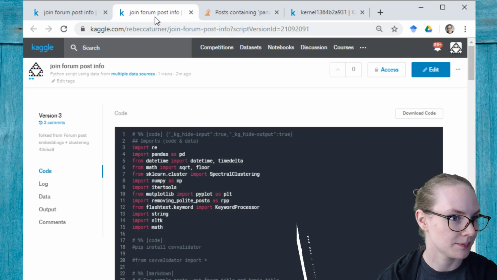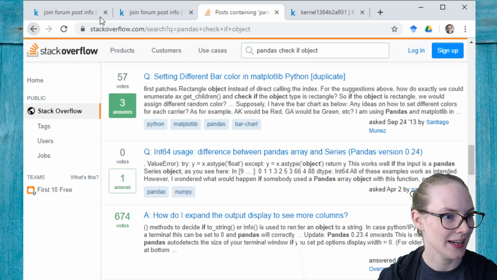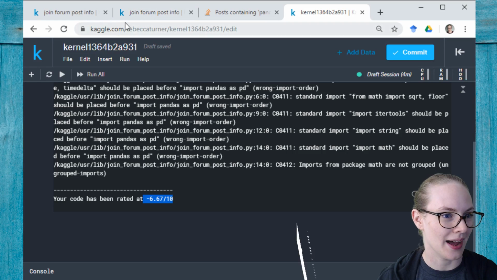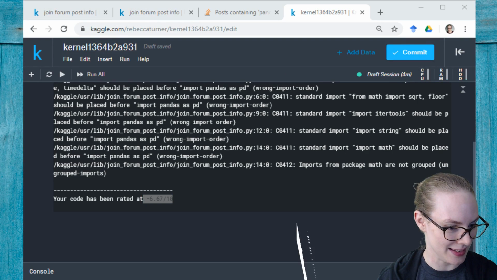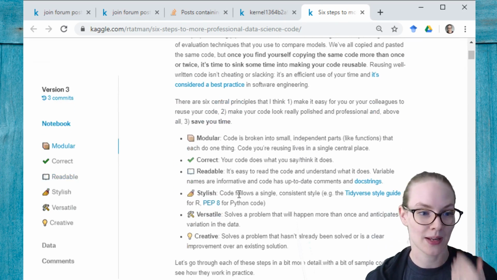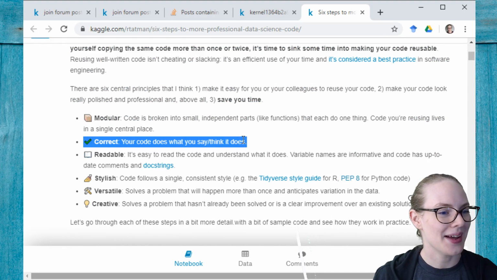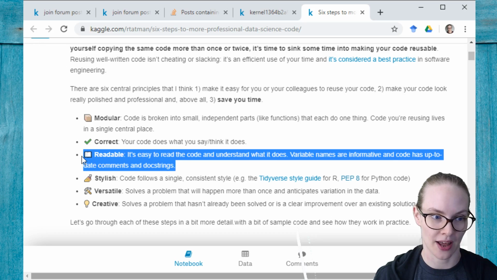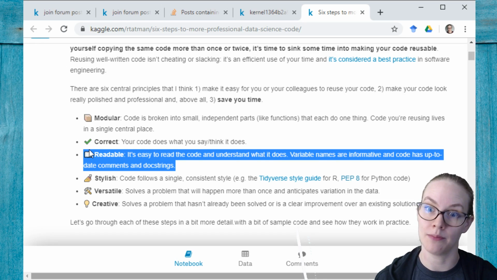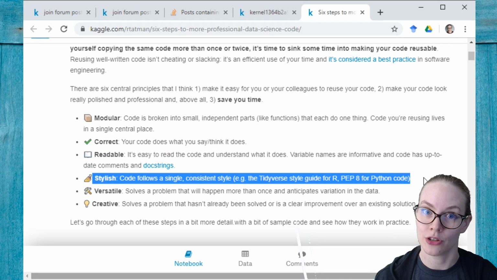So to go back to, was it in here? Nope. Was it in here? Nope. It is, however, in the YouTube description, so down here. So going through the steps that I'm talking about here: making the code modular, making it correct, still working on that. Working on readable, you notice that I changed a lot of my names to be more transparent so that I was less confused, and also we added some comments and some docstrings in our functions to say what our functions did. Stylish, we used a style guide to check our code and see if it adhered to it,